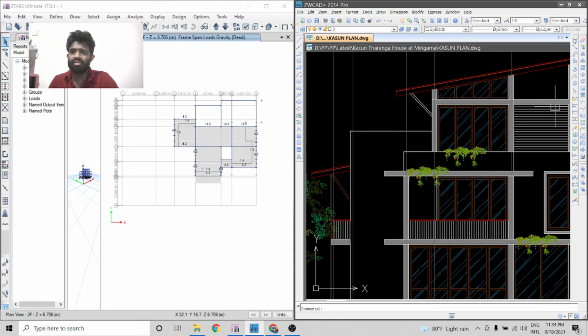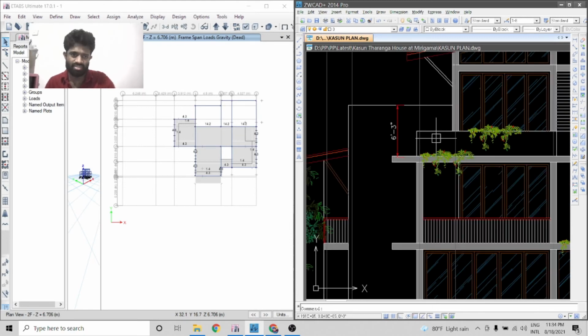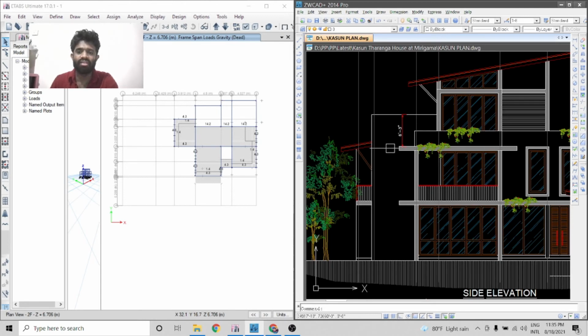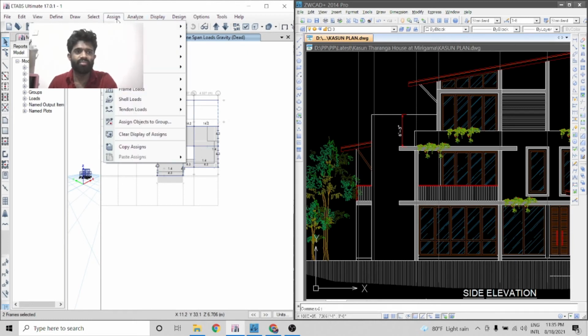And also here we have a much higher wall. The wall height is 6 feet and 3 inches. When I calculate it, 72 plus 3 into 25.4, that is 1905 millimeters. 1905 millimeters into 225 into 21 will give you 9. The magnitude of the load will be 9. So I am going to apply a load of 9 kilonewton per meter